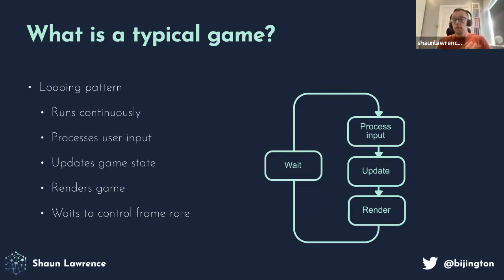A game loop runs continuously during gameplay. Each turn of the loop, we're going to process user input, update the game state, and then render that state on screen. And then on the left, the engine will track the passage of time to control the rate of gameplay. But as a game developer, you don't actually need to know about the left-hand side. You only really care about the right. So your role as a developer is to understand how the player is interacting with your game, then how that affects the state of your game, and then how you're going to visualize that change in state, or just the current state of things.